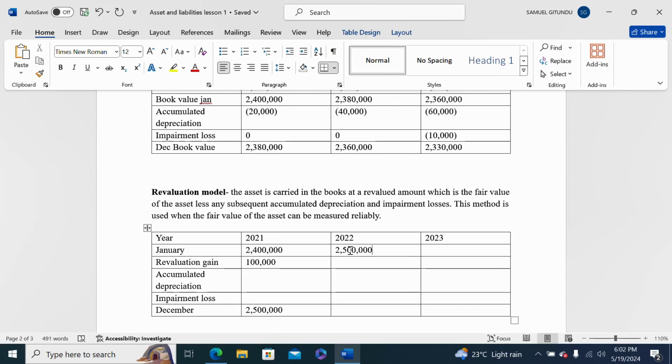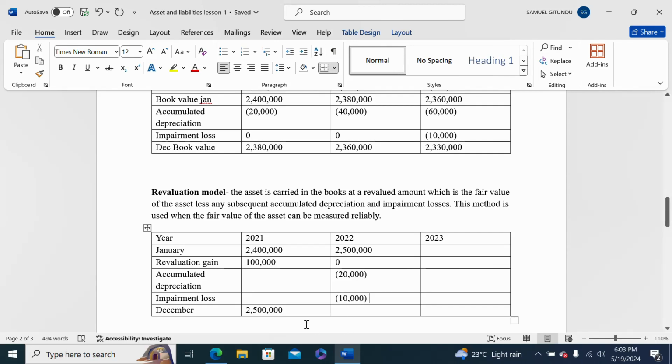If there's no revaluation in that year, and the depreciation for that year is, for example, 20,000, and there's an impairment loss of 10,000,